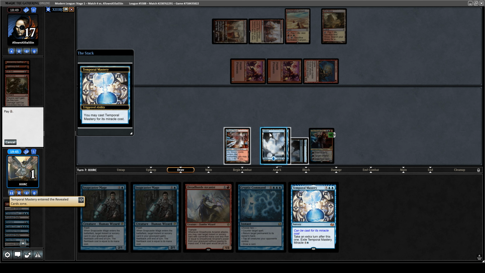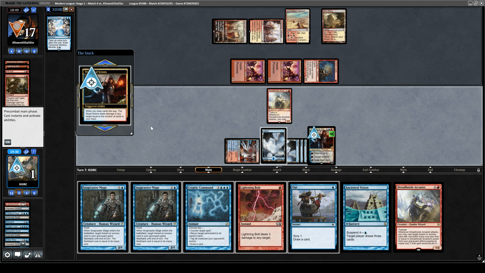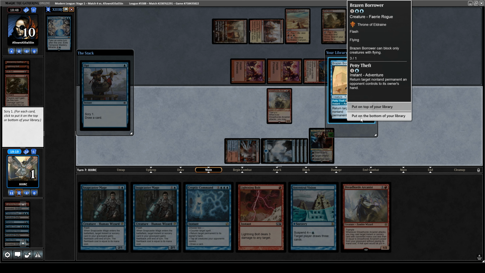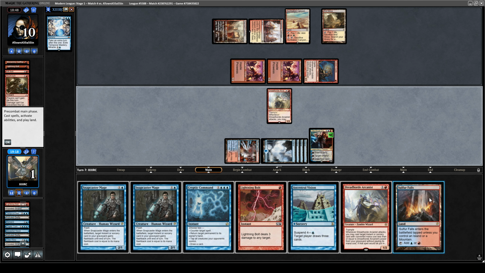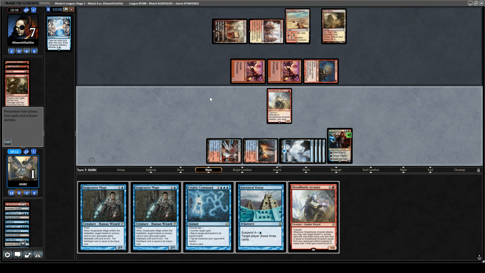We cast it, then we'll play a Dreadhorde, let's ultimate the Royal Scions, we'll target them, that takes them down to 10, we'll cast an Opt, we see a Brazen Borrower, we'll put that on the bottom, Sulfur Falls, beautiful, then we're going to cast a Lightning Bolt at their face, that takes them down to 7, then